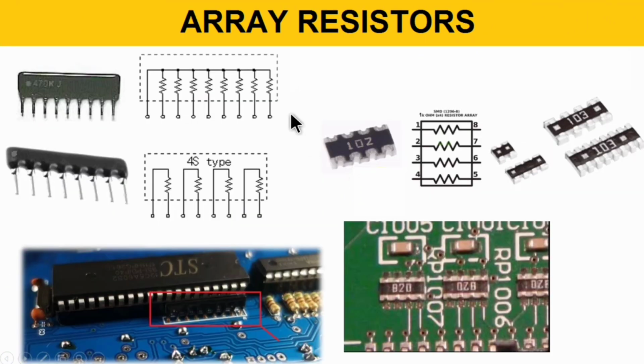Now I want to explain the SIL resistors. These resistors have 2 models: they have a common base and there is a resistance between each of them. For example, it says 470 kilo ohms between this common base and each of these, or they don't have a common base. This is a deep model. It also has an SMD model,